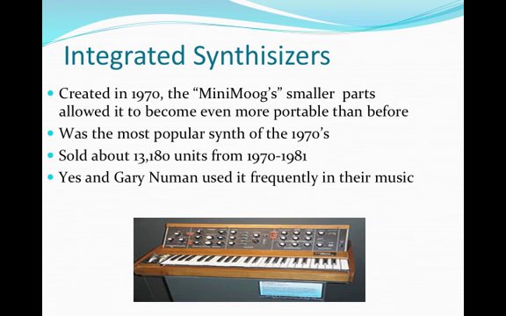The Mini Moog was the first product to really solidify the synthesizer's popular image as a keyboard instrument, and became the most popular monophonic synthesizer in the 1970s, selling approximately 13,180 units between 1970 and 1981. It featured improvements such as a scaled-down, simplified, and self-contained unit design for use in live performances. The Mini Moog was quickly taken up by leading rock and electronic musical groups such as Yes, Tangerine Dream, and